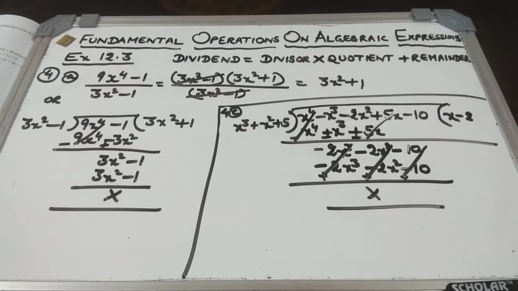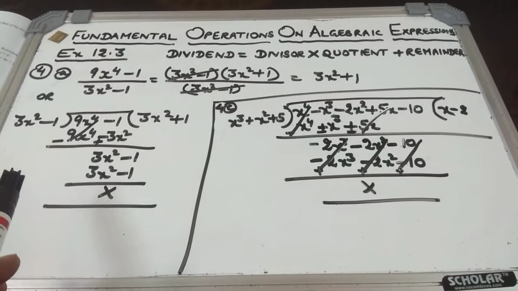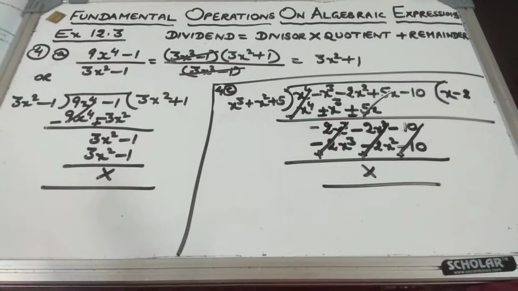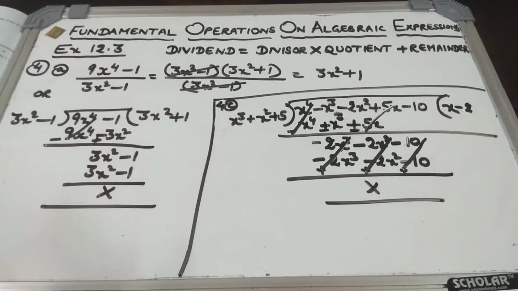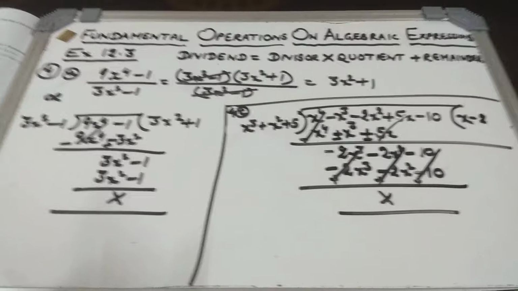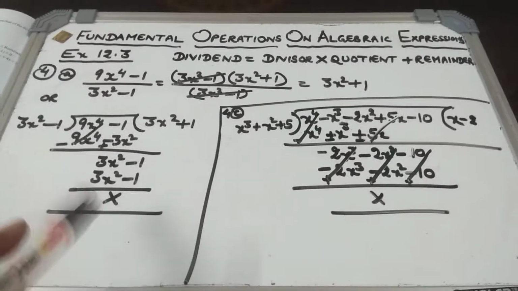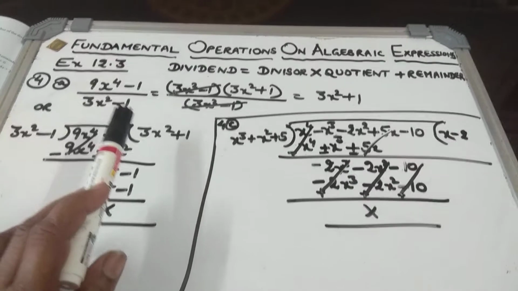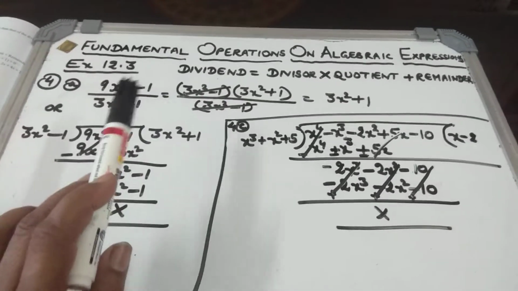Children, now we'll be doing division of a polynomial by a polynomial. That is, in the previous question we were doing division of a polynomial by a monomial, that is a single term. Then we had written numerator upon denominator and tried to cancel somehow. But here now you have two or more than two terms in the denominator also, and then how to do